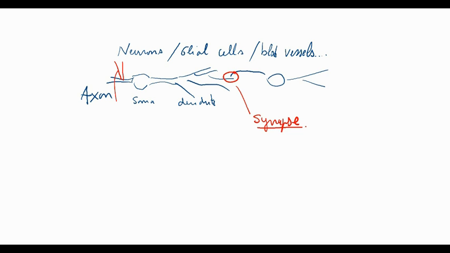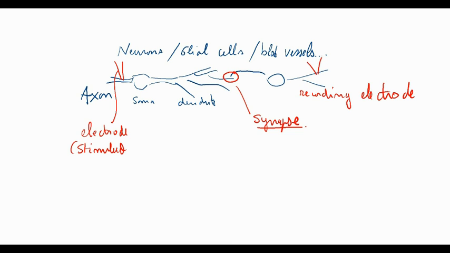So this is a stimulating electrode where you do stimulation. And then if you record in that neuron, this is the pipette, the recording electrode, let's call it 2, what you see in 2 is